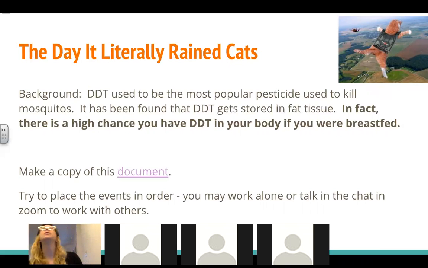So do I have this? I don't think I have the book anymore. I must have lent it to someone. I read this book called The History of Breasts, which is a strange thing, but it was about environmental toxins and how they get stored in fat tissue, and then they actually get released in breast milk to babies, and then you store those toxins in your fat tissue. So there's a pretty high chance that if your mother was ever around DDT in any capacity, you probably have a small percentage of it in your body if you were breastfed.